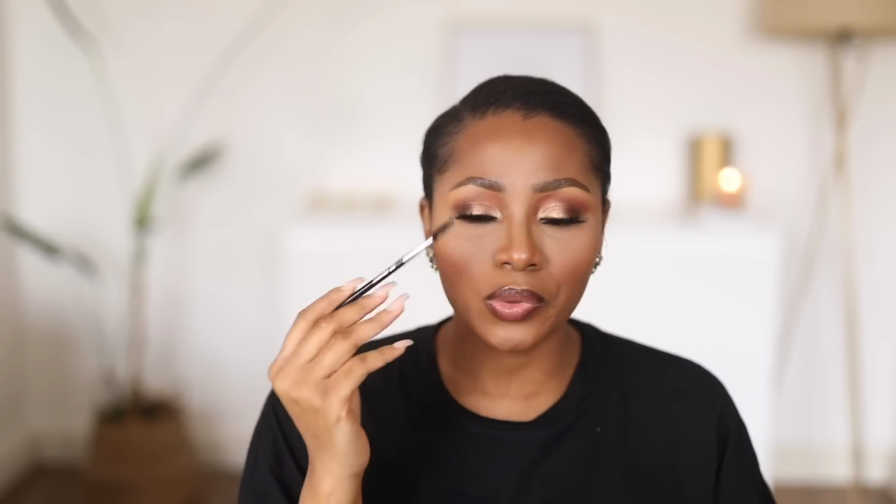I know that the automatic thing to want to do is to wipe it off that minute. Not a good idea, especially if you've already applied powder over your base. Just let that mascara dry. That little dot that you made, like an error, let it dry. Once it's dried, you can go in with this type of brush. I like to use a spoolie and just scrape it very gently on the surface,